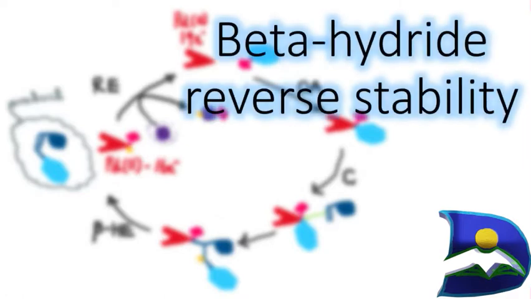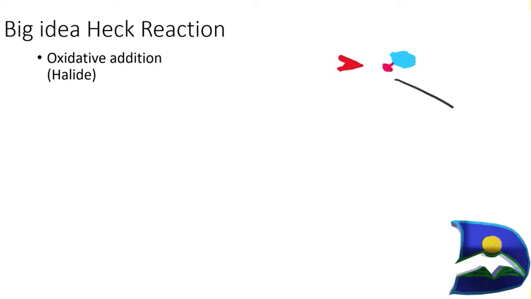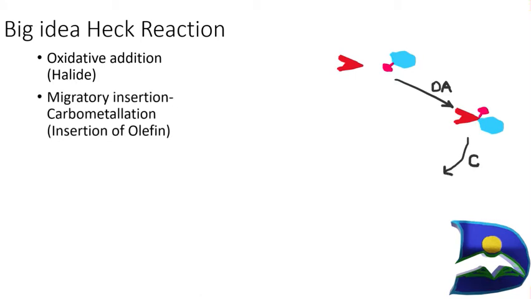So in this case, we will first focus on the big idea of the Heck reaction, where we begin with the oxidative addition, where we have our organic halide that creates a complex with a palladium 0 oxidation state in order for it to increase its oxidation number to +2. Therefore, we have a palladium +2 that is formed when this complex is created, and then by carbometallation